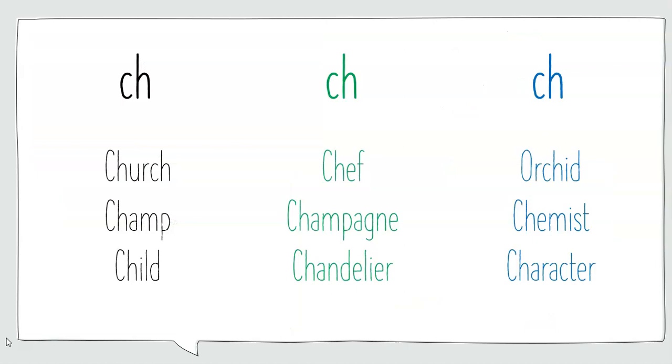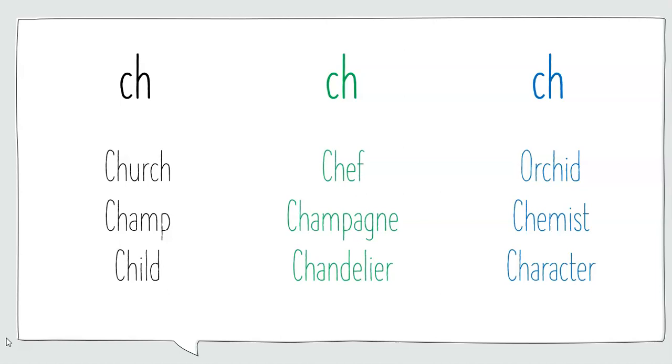I can also do things that help me with spelling when it comes to etymology. So words that start with a ch or have a ch, like church, champ, and child, come from Anglo-Saxon and Germanic words. As soon as I hear that CH as a sh, I know I'm looking at a French word like chef, champagne, or chandelier. So I'm looking at different languages, and most of you will study French at some point.